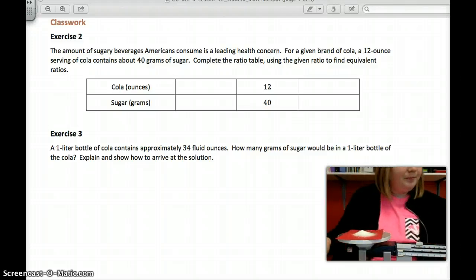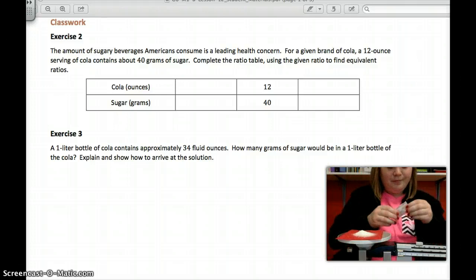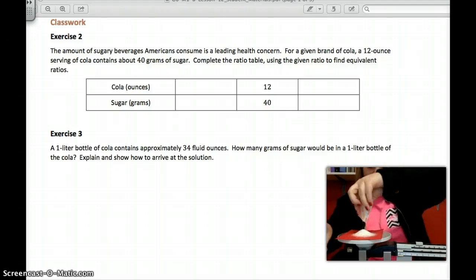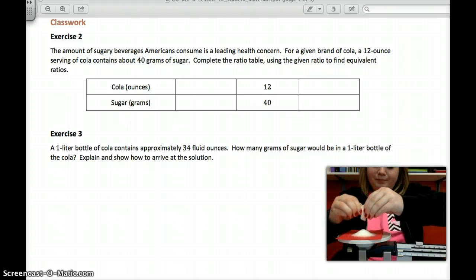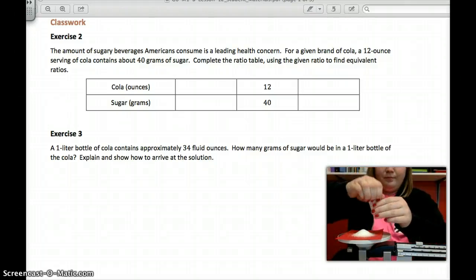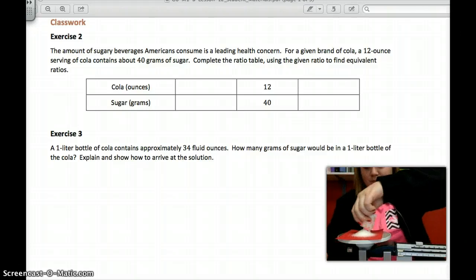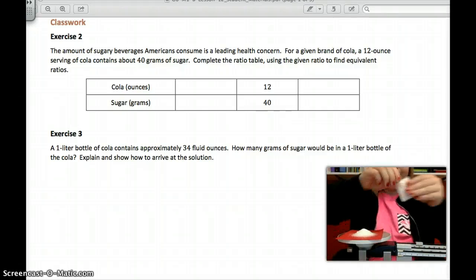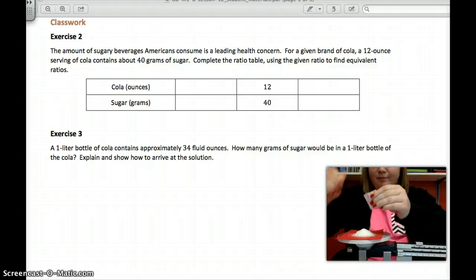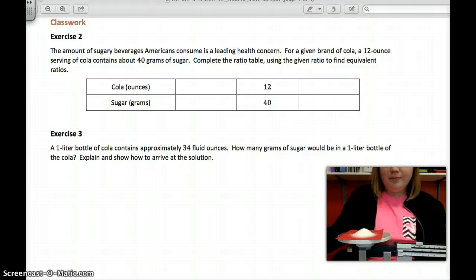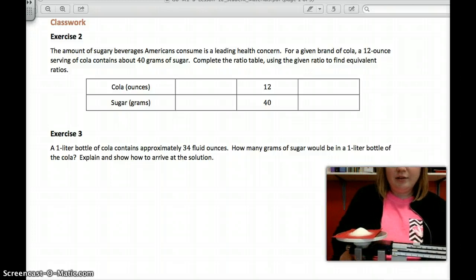Three. Four. Five. Six. As you can tell on our scale,